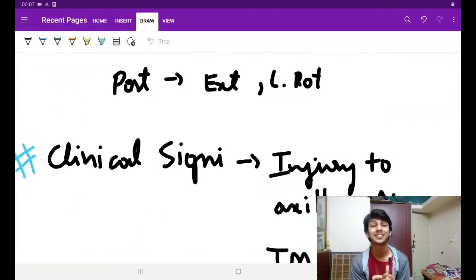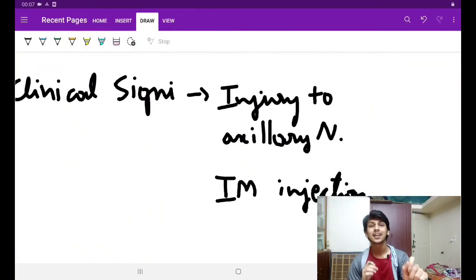See, what is the clinical significance? A very beautiful topic. Guys, in this time you might have taken the COVID vaccine, or you might have seen people getting the COVID vaccine. Where do they give it? They give it into the muscle. Here also. So that is the intramuscular injection. An intramuscular injection is given into the deltoid muscle, and more often it is even given in the gluteus medius muscle. We'll study that when we are studying the pelvis. Many vaccinations, like the tetanus toxoid injection, are given intramuscularly.